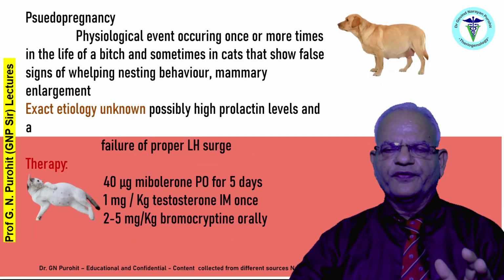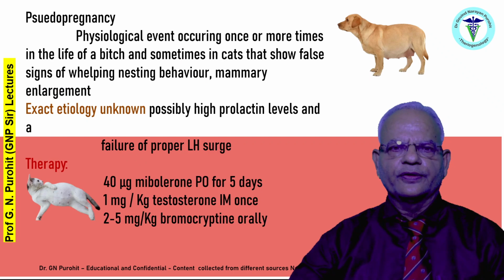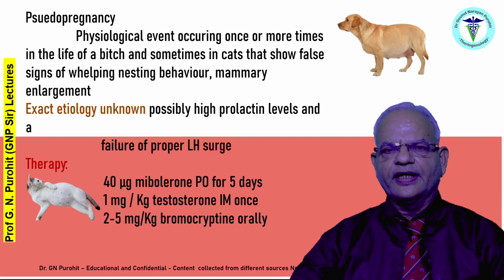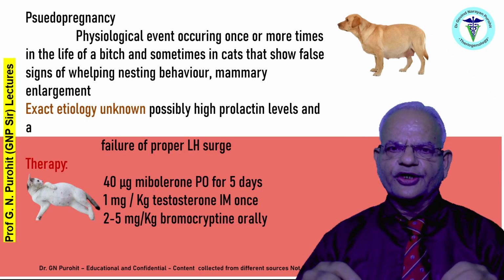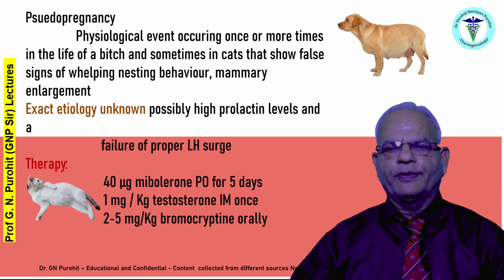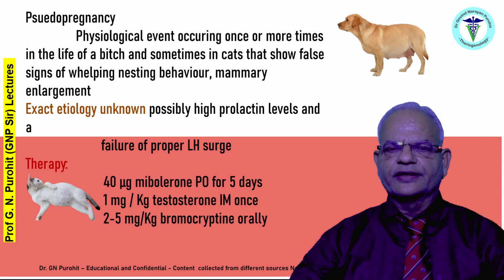Pseudo pregnancy is also frequently common in dogs, and dogs are presented for mammary enlargement without delivery, and this can occur in cats as well. The exact etiology of this is poorly known, but possibly high prolactin levels and a failure of proper LH surge leads to the condition. The dogs are presented with mammary enlargement, leakage of milk, and owners may desire the stoppage